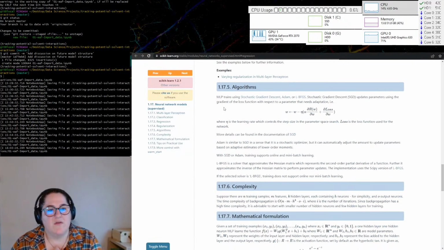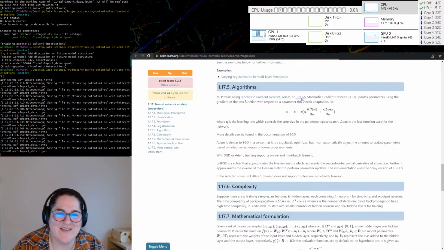Algorithms. We can use a stochastic gradient descent, an ADAM, or an LBFGS. I'm guessing GS is gradient descent or something, maybe not. Okay, so we can use a variety of algorithms. This is kind of why I want to evaluate the stochastic gradient descent. If it doesn't work well, then I want to look at an ADAM or this LBFGS. I've never seen that before. I've seen the ADAM before. It's similar to stochastic gradient descent